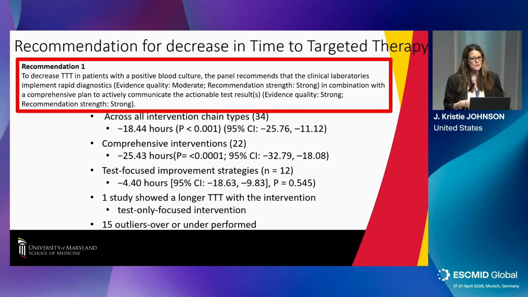And so if you look at all of the intervention chains, so communication, comprehensive, or test, altogether those showed that there was about an 18-hour decrease in time to appropriate therapy. If you looked at comprehensive intervention, so the test with communication, you got about a 25-hour decrease in time to